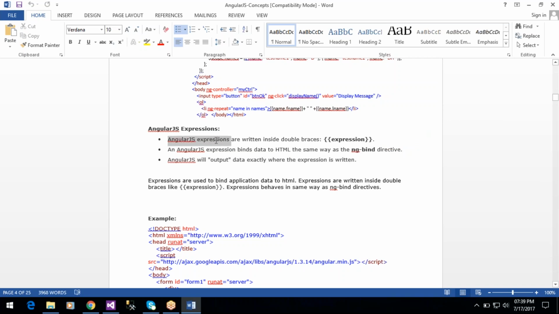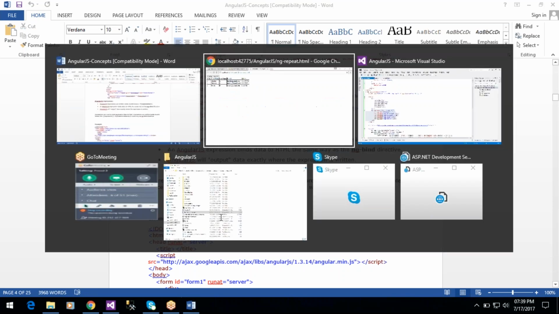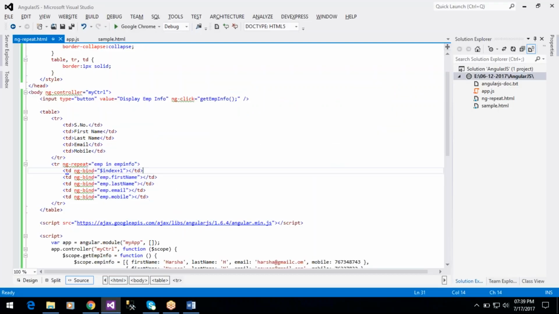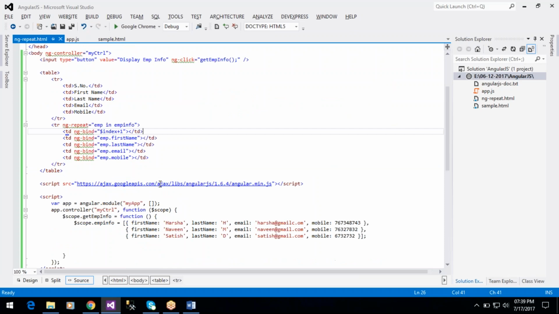AngularJS expressions are written inside double braces, and they bind data to HTML the same way as the ng-bind directive. So for example, in this example, only the ng-repeat directive,